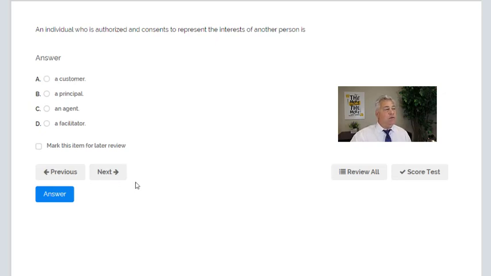Our next question. Very good question, by the way, to know. An individual who is authorized and consents to represent the interest of another person is A, a customer, B, a principal, C, an agent, or D, a facilitator. And your answer is going to be